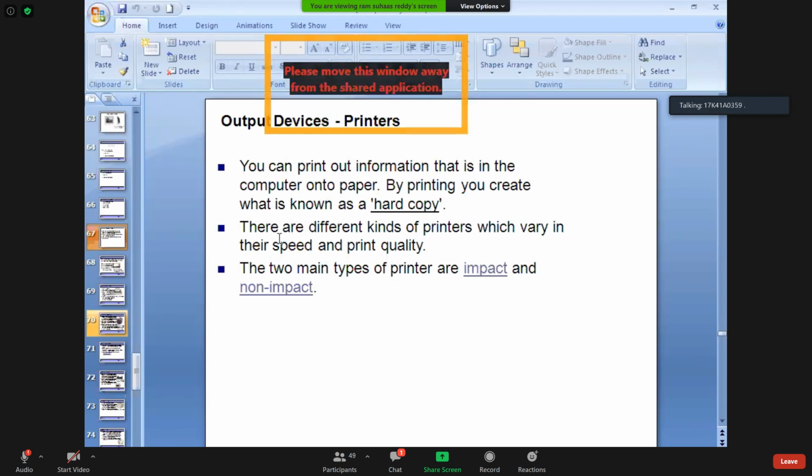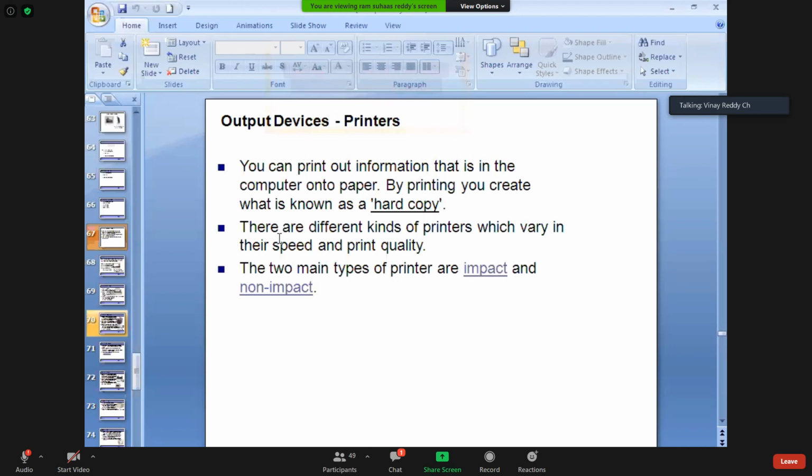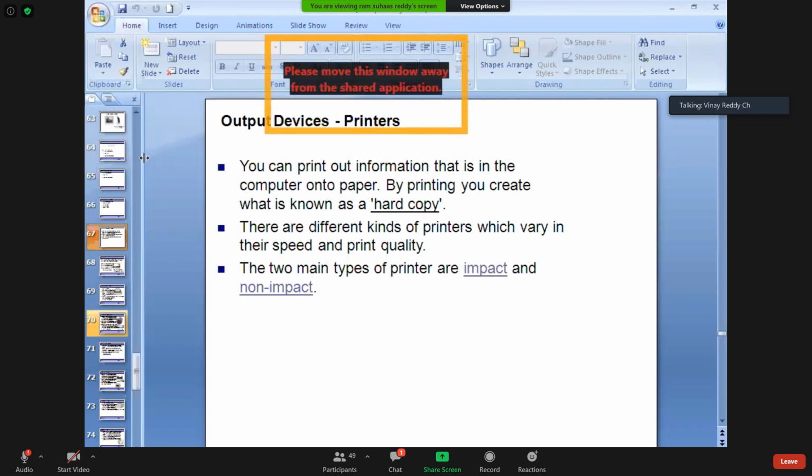Stereolithography, standard tessellation language. Stereolithography is the correct answer. That is the file name which is the input for any 3D printer. Only STL files. Some use others, but STL is a very comfortable file, and you can print any object. Okay, so those are the hard copy.